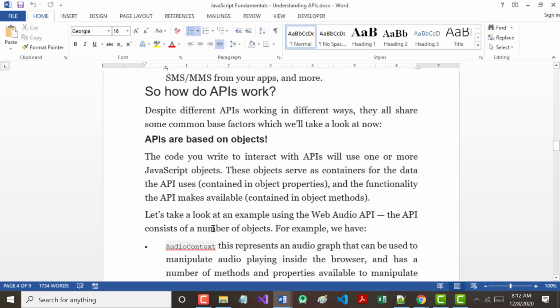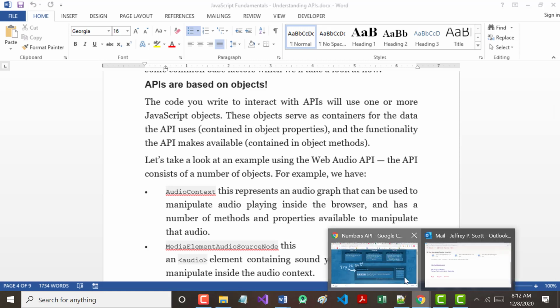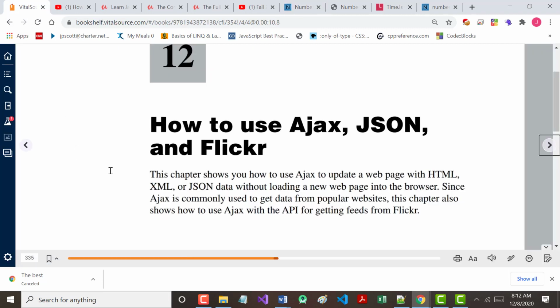So the whole thing in here, and this is why I think personally we should change the order around that we're teaching these classes, is as it says there, APIs are based on objects. Well, in our textbook, the book we've been using this semester, which is right here, if I go back to the beginning,